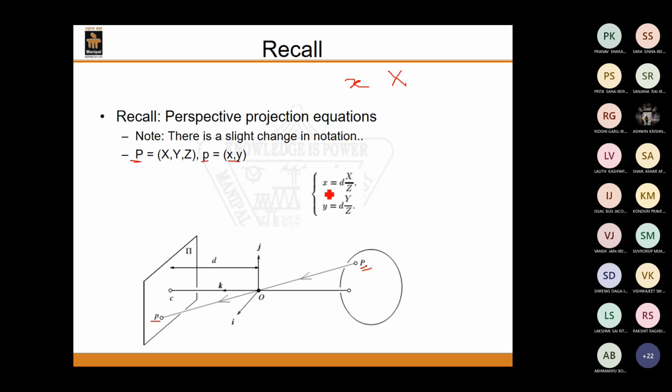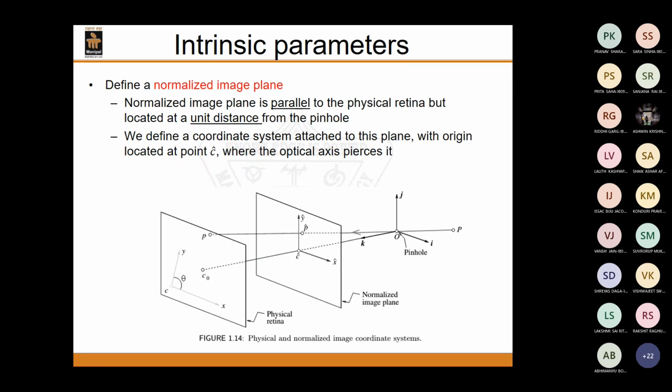And I can write this small x is equal to dx by z, where d is this distance over here, right? Distance from the center of the camera to the image plane. So I can write it as d into x by z, and y is equal to d into y by z. Now, if we are working with the normalized image plane, so when I say normalized image plane, what it